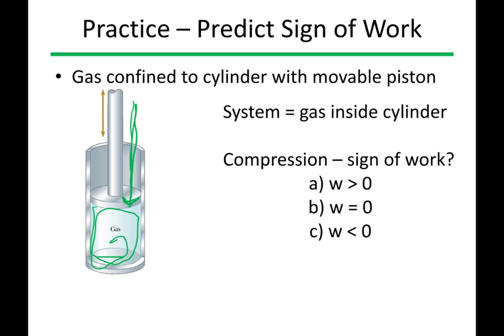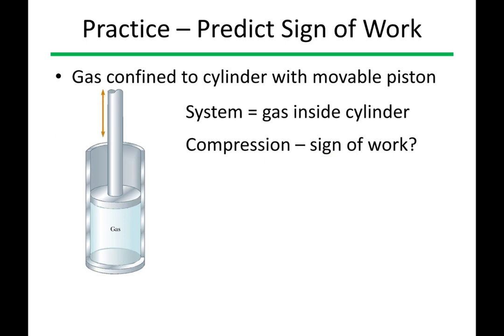So this works even if this is sideways. So even if we ignore gravity, we can also consider that we do have some forces involved here, namely the pressure from the gas and the pressure from the atmosphere plus the force that we're applying to the piston. So in this case, the sign of work would be positive.